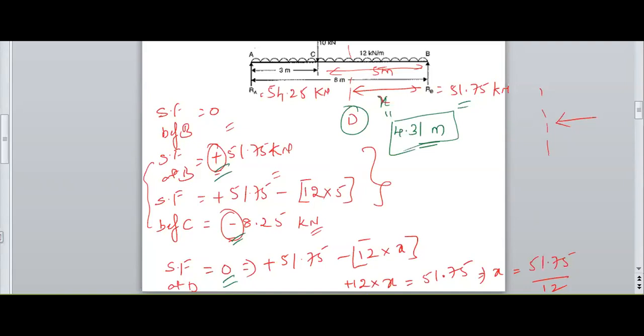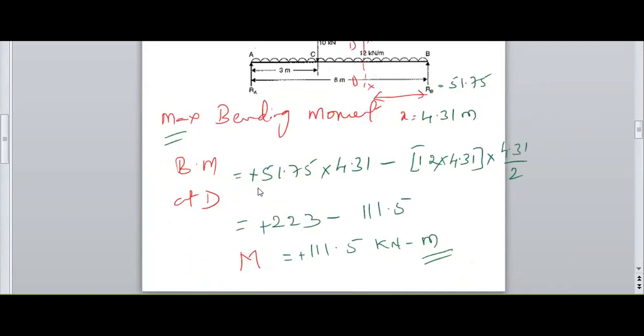No need of drawing the total bending moment diagram. I need only the value. I need only the maximum bending moment value. So the maximum bending moment will occur at D. Therefore, the bending moment at D is equal to 51.75 into 4.31 minus the UDL 12